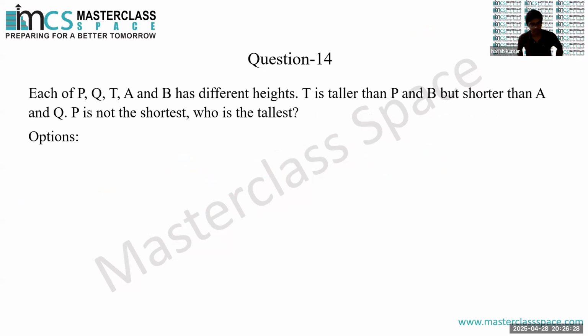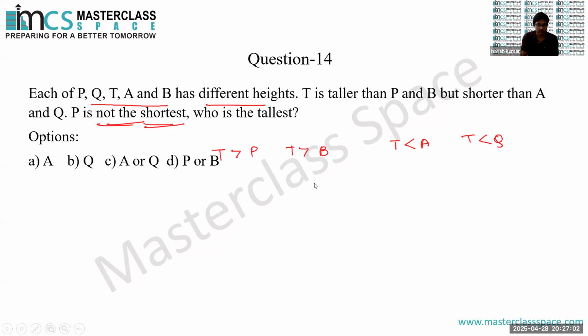Okay, what about this one? P, Q, T, A, B have different heights, okay? T is taller than P. T is taller than B. But T is shorter than A. P is not the shortest, but shorter than A and Q. P is not the shortest. Okay. First line. If P is not the shortest, then